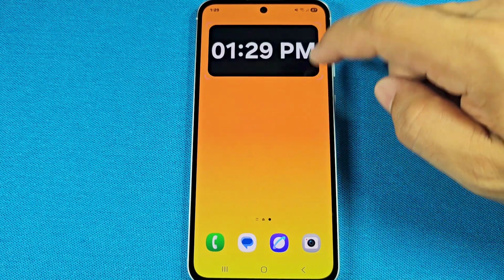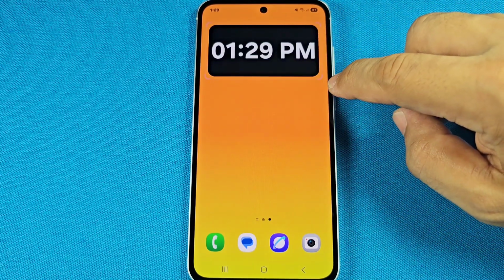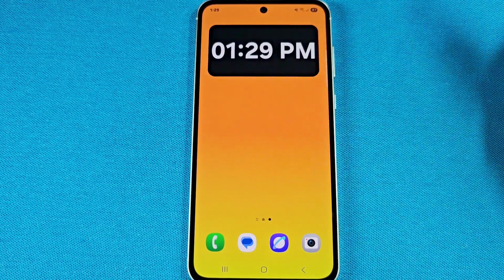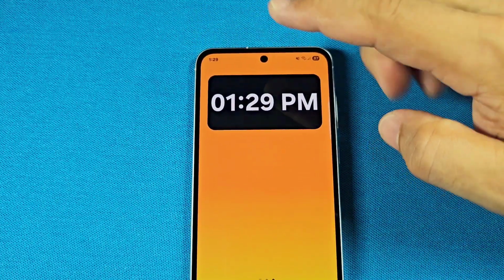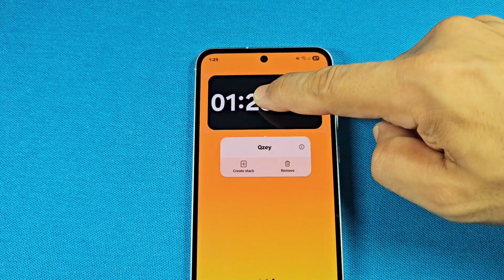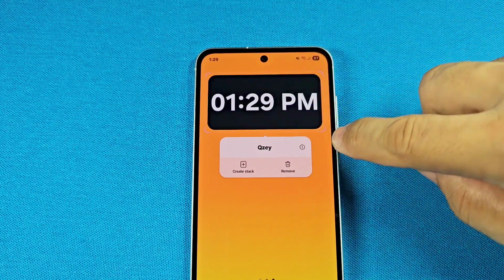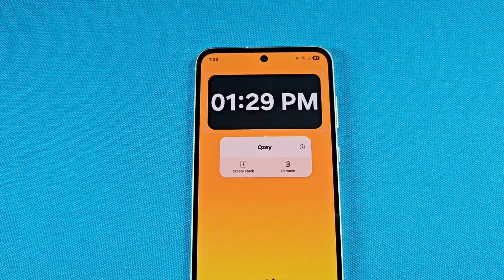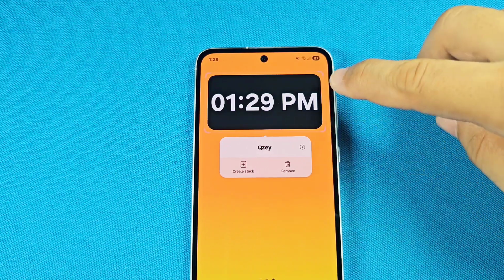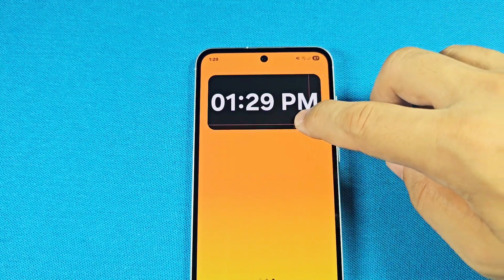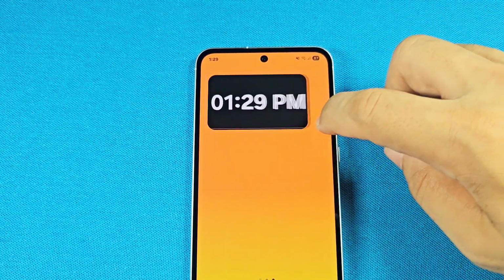If you're wondering how I did that, there are these little orange pinkish tabs on each side. To get there, let's say you add the clock and you didn't get a chance to expand it, just hold it down. Hold down the widget like this here, and whenever you do this, you'll notice there are some tabs. You may not be able to make it out because of the color of my background, but the tabs are there, these little tabs here on every corner,